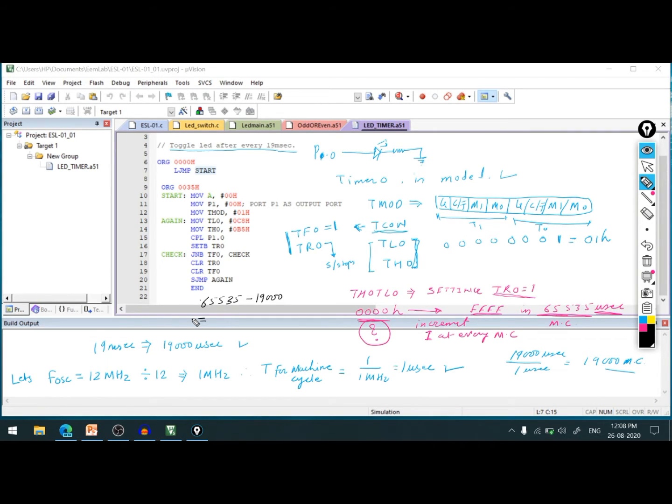So it is 46,535. Now by putting this count into TH0 and TL0, and by starting the timer by setting TR0 equal to 1,